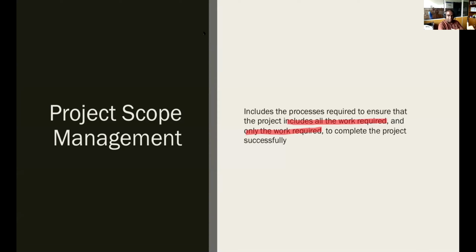What exactly are you going to do in the project? Let's say for a house, are you going to complete it with finishes? Are you going to tile the building? Are you supposed to do the landscaping work or not? It includes all the work required and only the work required. It should include each and everything that you're going to do, not something that you are not supposed to do as per the contract. That's what we call determining the scope of the project.